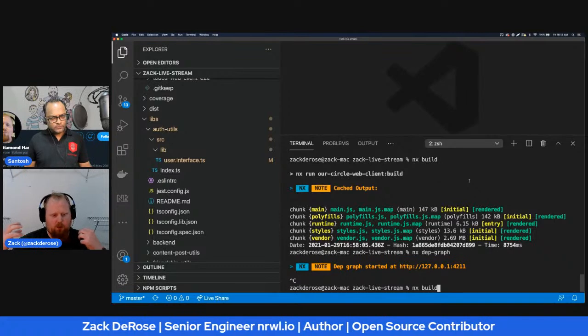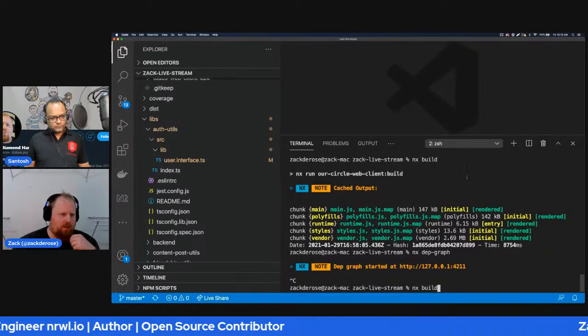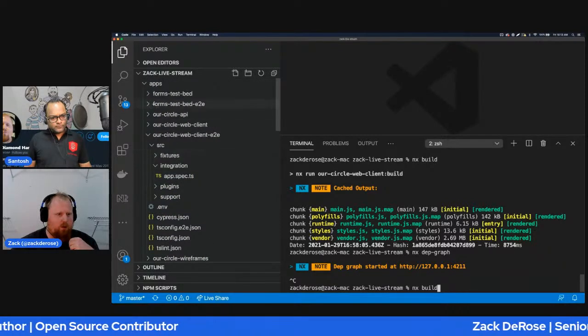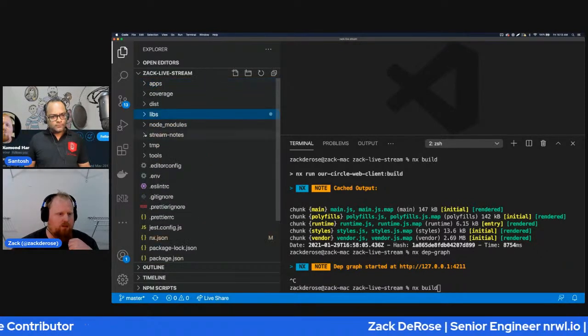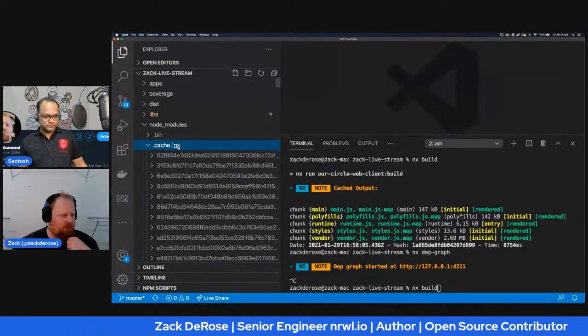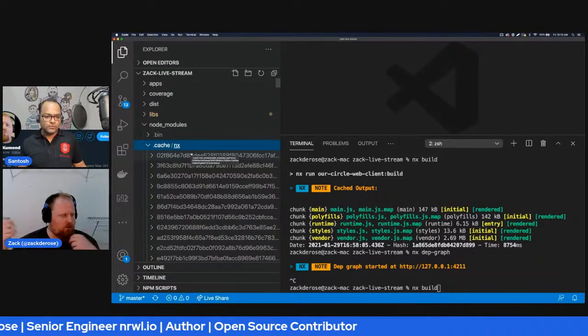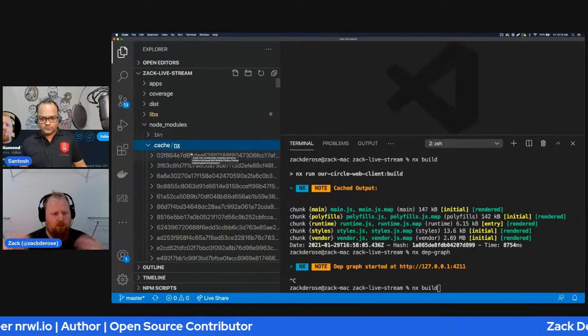By running nx build, using Nx source code as part of this command line, and if you want to find where your local cache is, that is just located here in node_modules/.cache/nx. So it's all happening on the file system. No external servers running. That's where it happens.